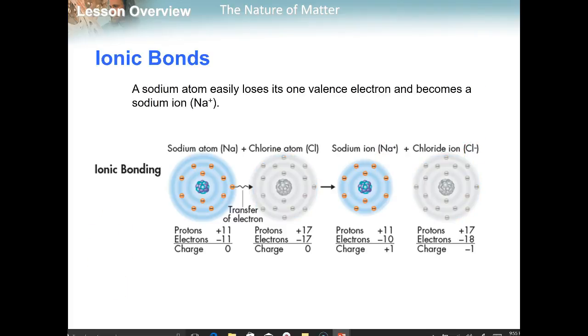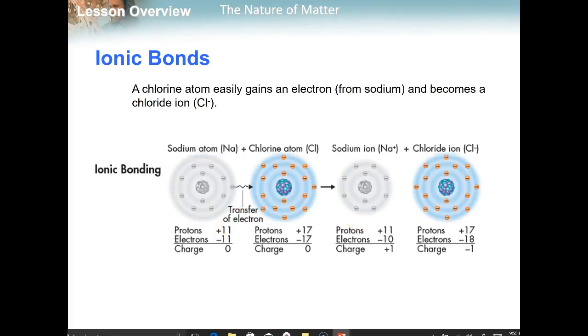So a sodium atom easily loses its 1 valence electron to become positive. That's just reinforcing what I just said. Notice between here and here, we had 3 energy levels where we only have 2 energy levels there. A chlorine atom easily gains an electron from the sodium and becomes chloride by gaining that. So here we had 7 valence electrons. Over here we have 8 valence electrons. These oppositely charged ions have a strong attraction for each other, and because of that it forms the ionic bond